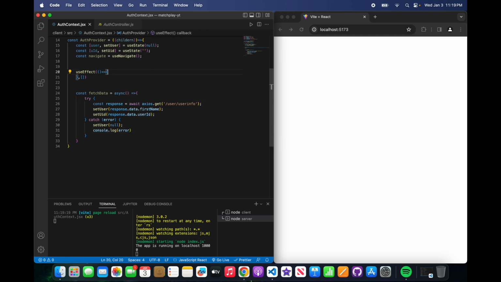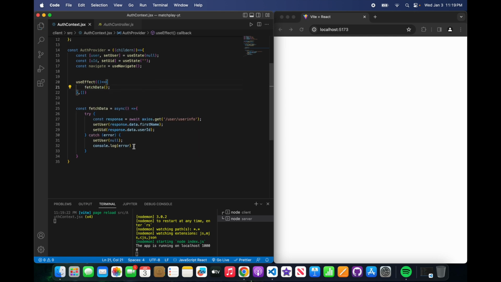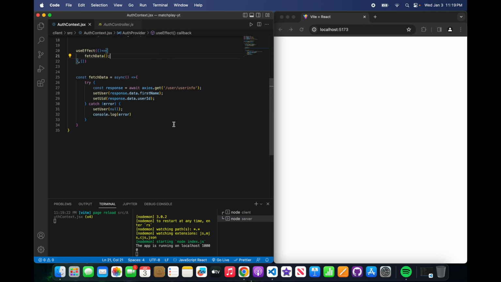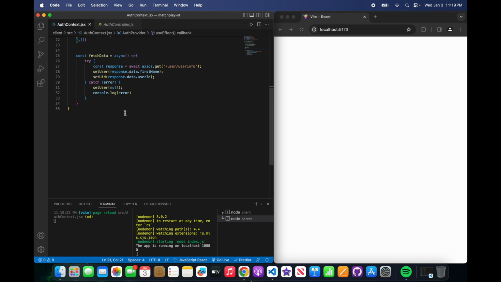Cool. Now we can fetch that data. So typically nothing should fetch at this point because for a couple of reasons. Although this is set right now, we still have to say, let's come over here, let's come down here, and let's return it. So return